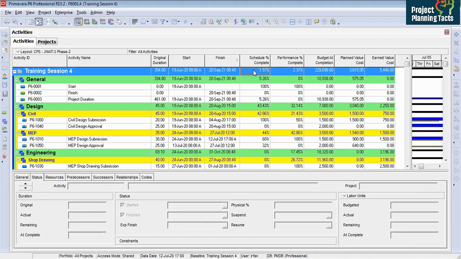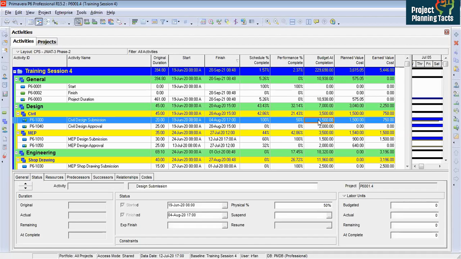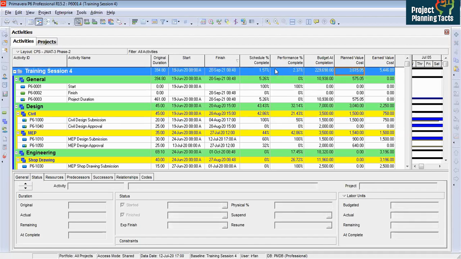So the schedule percent complete is reading from where? It is reading from this budget and planned. So we have got total budget, the same we have assigned from the baseline program. It is having the same budget at completion. This budget at completion reads from the baseline program. So all these numbers you see here are coming from the baseline program. How is the schedule percent complete calculated? This divided by budget at completion.